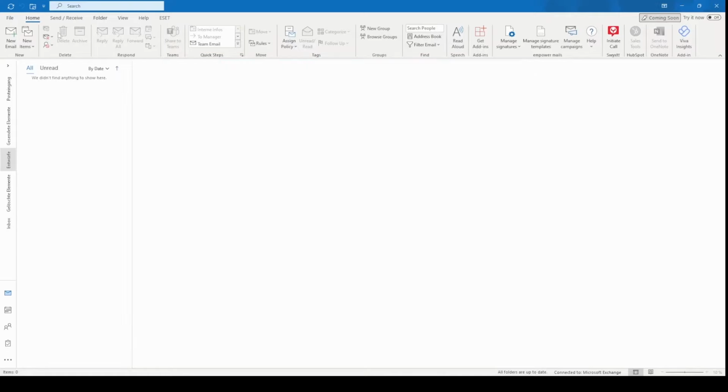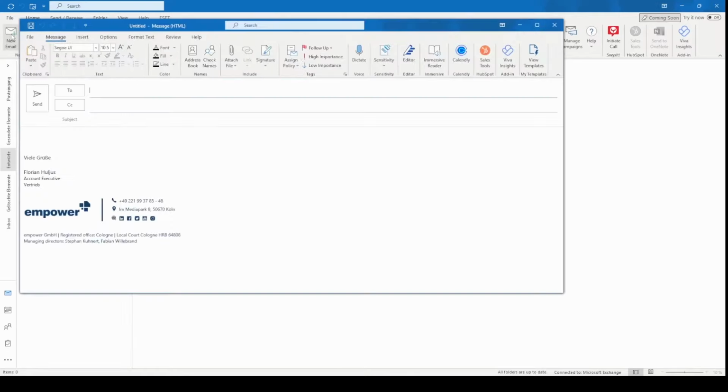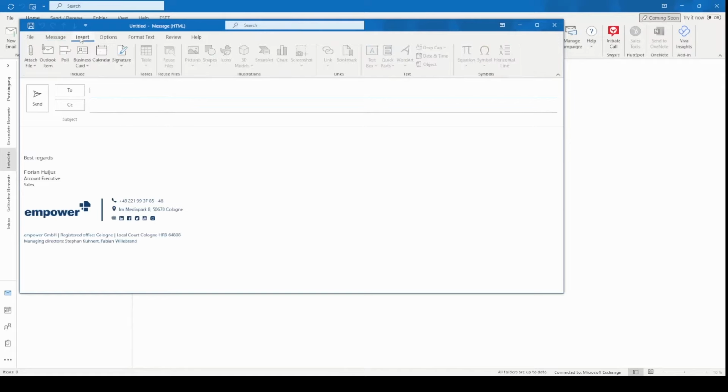In the new email signature, this is what the user experiences when opening an email. Brand Control now inserts the company, location, and user profile data that you just saw in the Word document into your company's email signature template. What's great about this is users don't have to learn anything new. They simply open a new email as they did before, and the signature is added directly within the Insert tab,